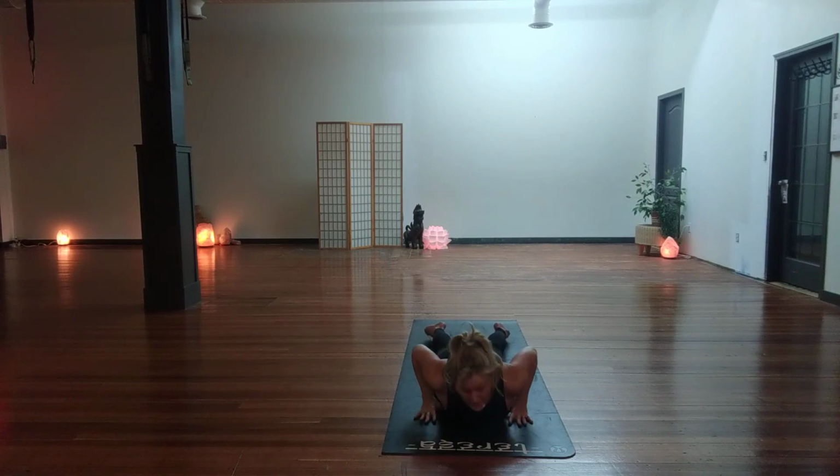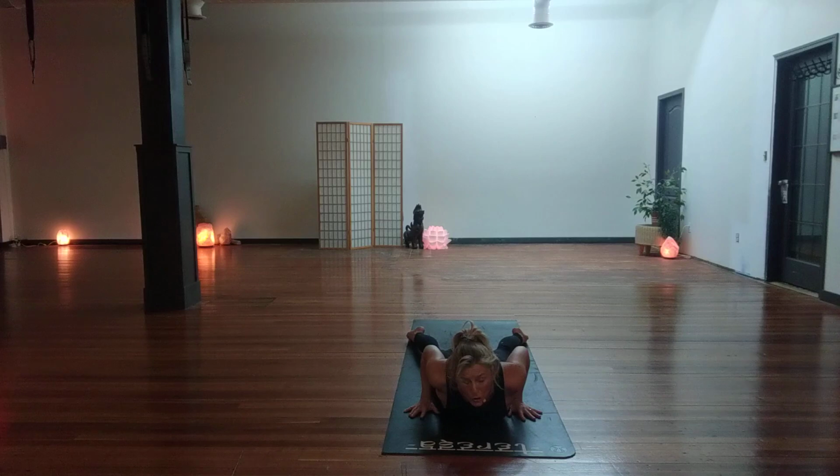Okay, we're going to take ourselves into Cobra Pose, Bhujangasana. See my feet going wide. I want you to take your feet wide to protect your low back. Make sure you feel your thigh muscles flatten out and your pubic bone pushes down into the floor. Thumbs will hook underneath the breastbone. The elbows draw in close to the side seams of the shirt. And then from this pose, we press into the